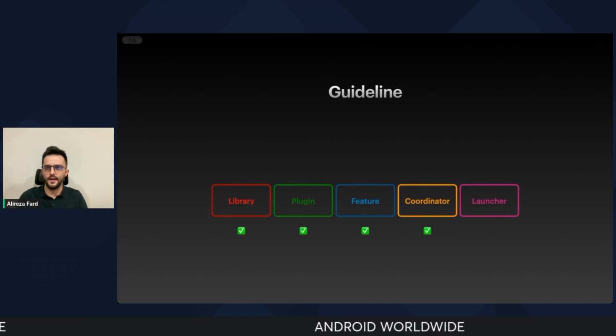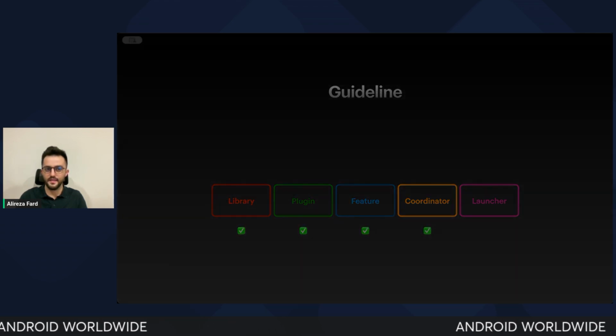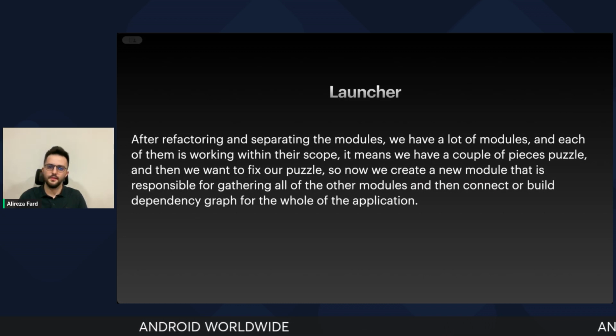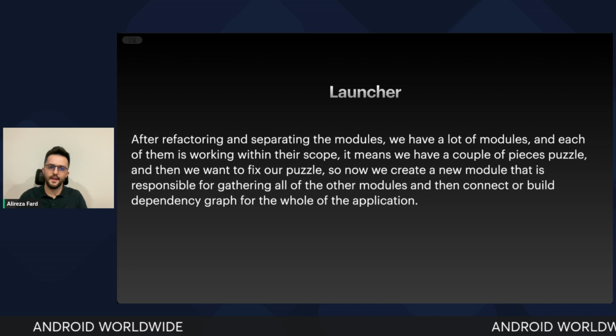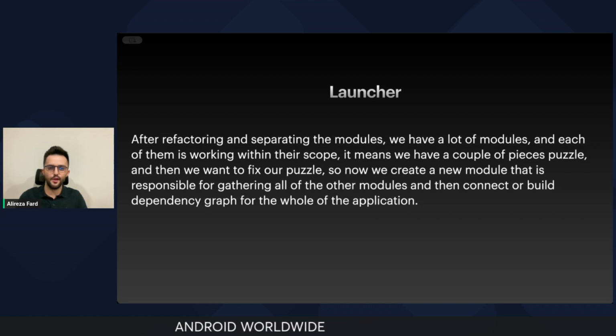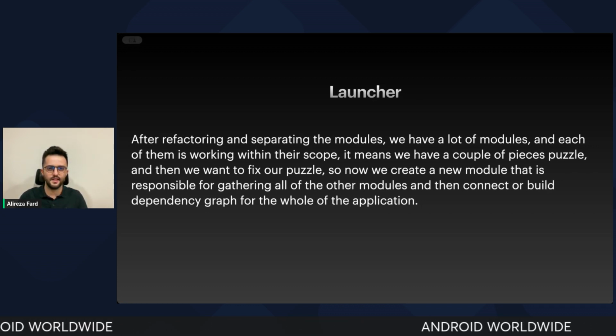So we covered coordinators, and we learned what coordinators are. And the next thing is launchers. Now we have libraries and plugins and features and coordinators. Now we need one application builder and one launcher for launching our app. Just imagine it's like